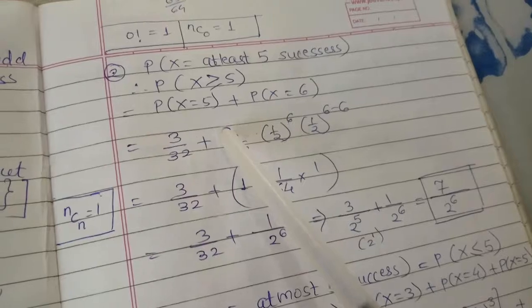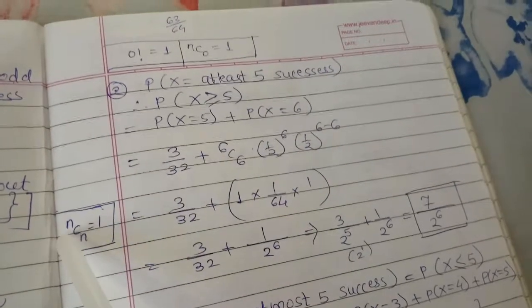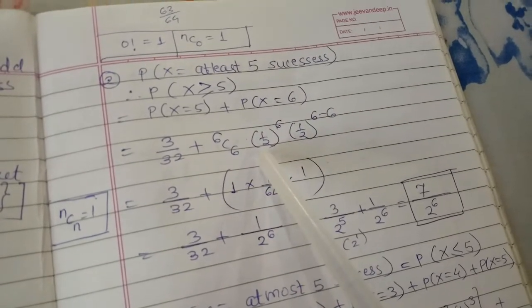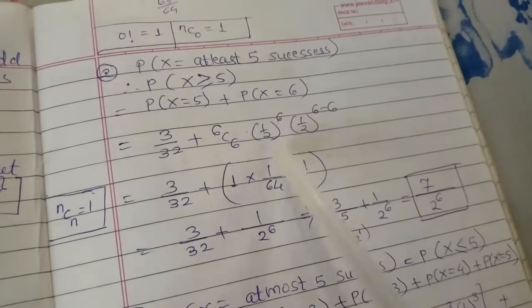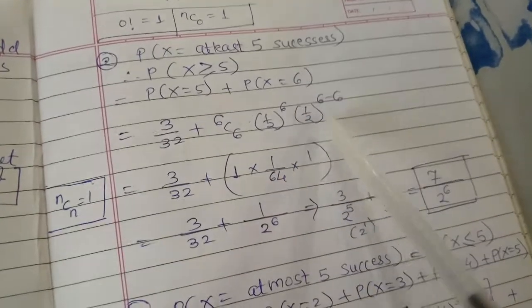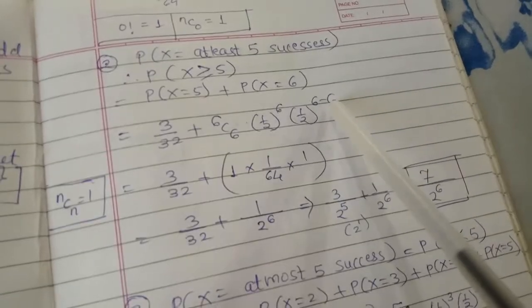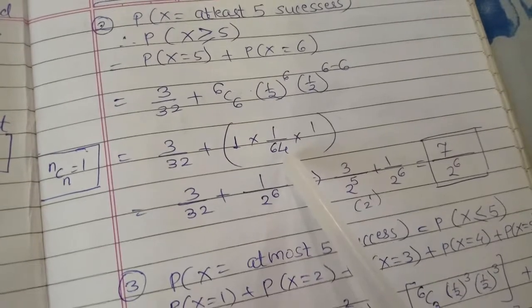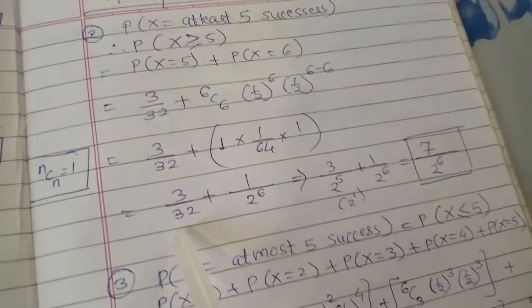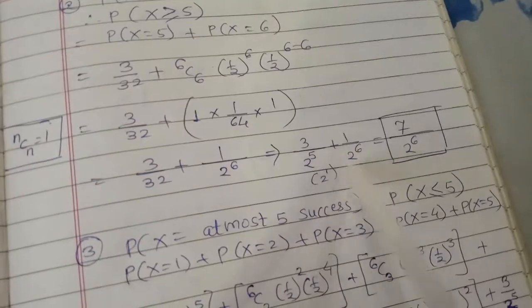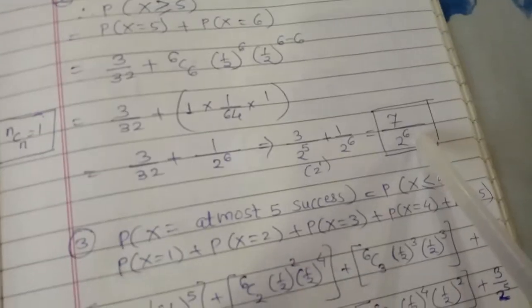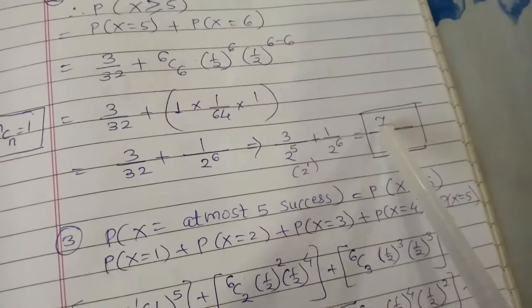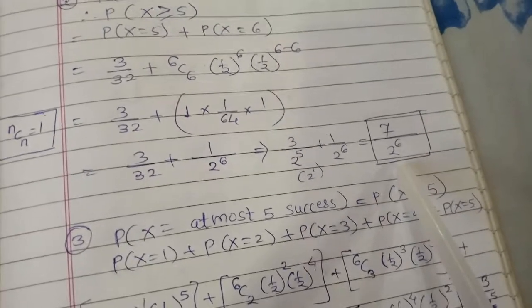Now if both the values are same, you know this formula, that is nCn is equals to 1. So here we directly write down the 1. Then half raised to 6, so 1 raised to 6 is 1 and 2 raised to 6 is 64, and here half raised to 0, anything raised to 0 is 1, so here we write 1. So here we get 1 upon 64, means 2 raised to 6, and here also we can write this example like this, that is 3 upon 2 raised to 5 plus 1 upon 2 raised to 6. So taking the LCM, that is 2 raised to 6. Here we get 3 2s are 6 plus 1, that is 7. So the answer is 7 upon 2 raised to 6.